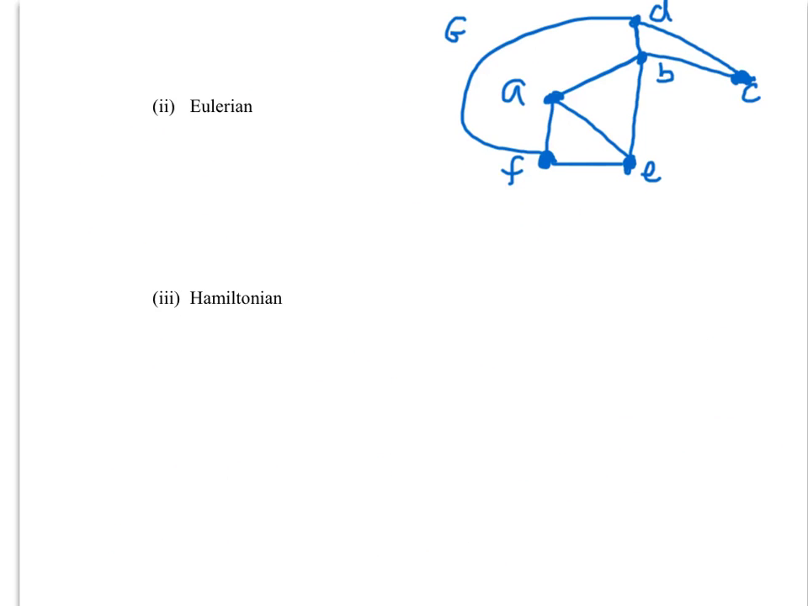Now let's look at part 2. It says, state giving a reason for your answer if the graph is Eulerian. Now, a graph is Eulerian if and only if the degree of every vertex is an even number, right? So if the degree of any one vertex is an odd number within the graph G, then the graph is not Eulerian. And so that's the case here. So what I'm going to write down then is that G is not Eulerian. So that's my conclusion. And why? Because